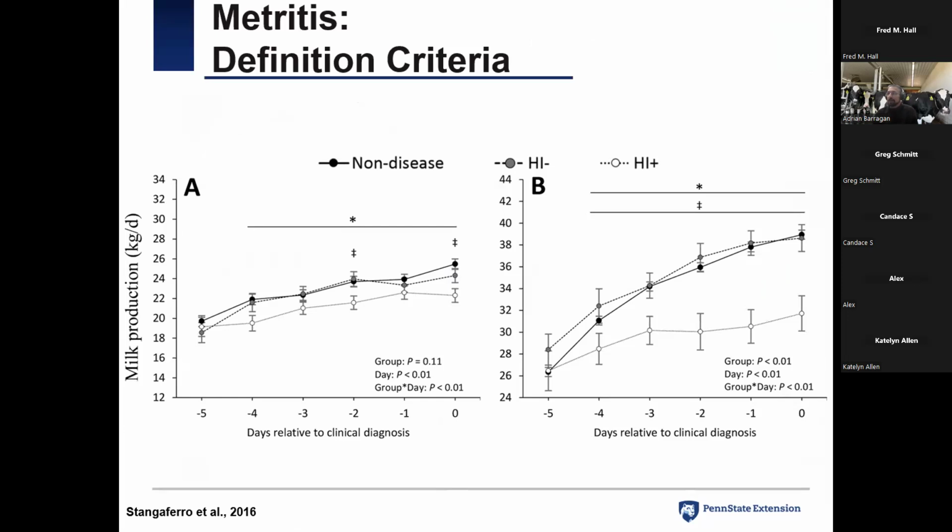They also found differences in milk as well, and this is the days before diagnosis. But this was interesting: it was mainly in multiparous cows, so BR multiparous cows and AR primiparous cows. Although for primiparous cows there were a few days, the most significant effect was in multiparous cows. And again, on those groups that were flagged by the system, okay?